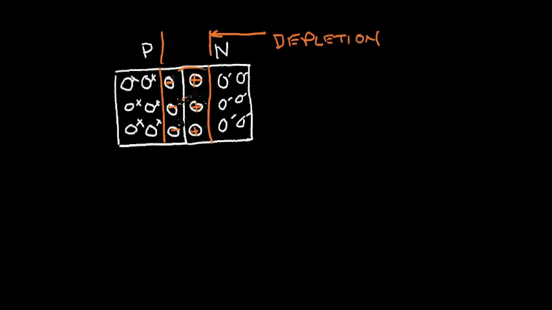They have recombined in the structure. Now, observe what happens. Since I have positive on this side and negative over here, inside this depletion region, there's an electric field that points in this direction. Now, recall that an electric